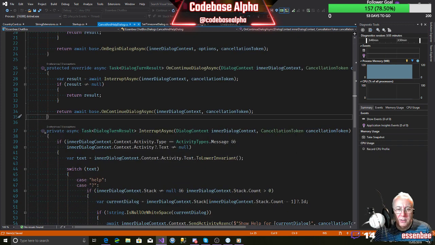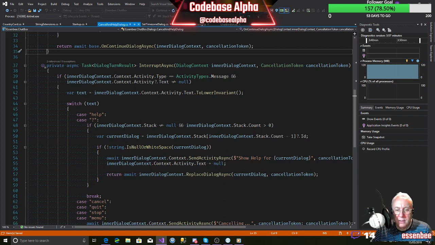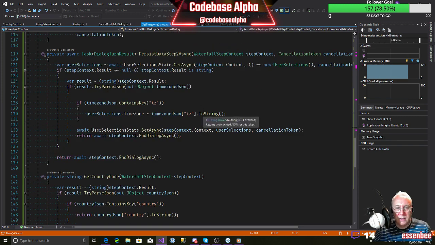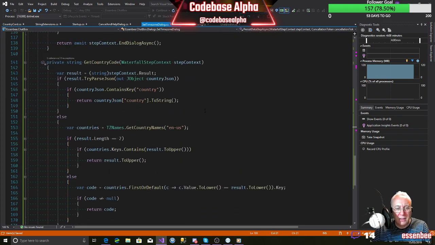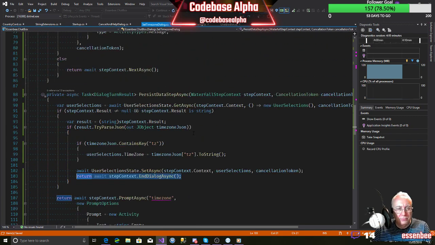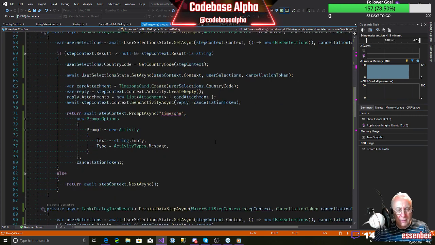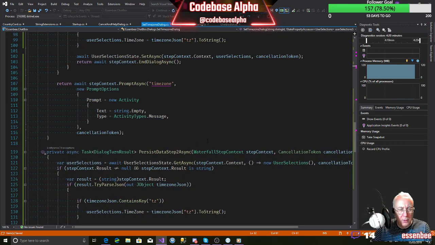So restarting the dialogue is relatively easy. We need to know what the current dialogue is, and we do know the current dialogue because it is the dialogue we're in, the set time zone dialogue. So we try that. We do need to do something about magic strings, but we'll just do a magic string at the moment. So it's set time zone intent.